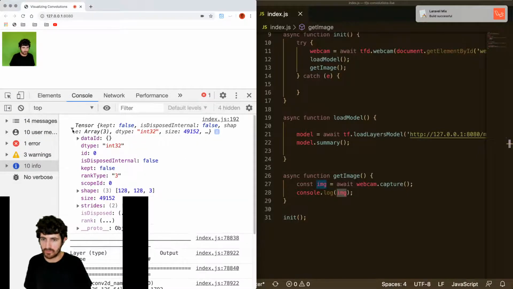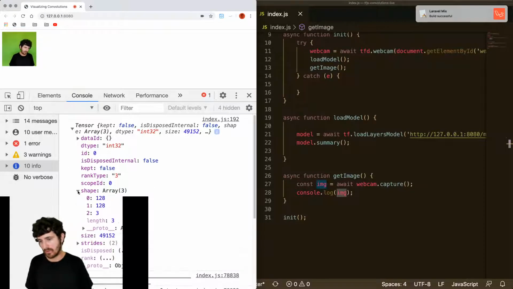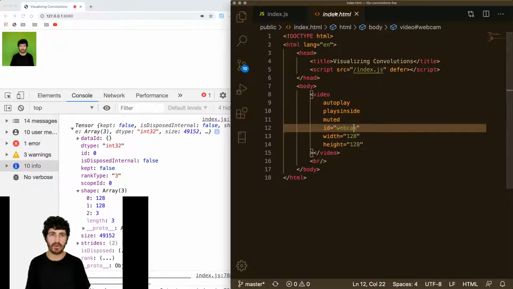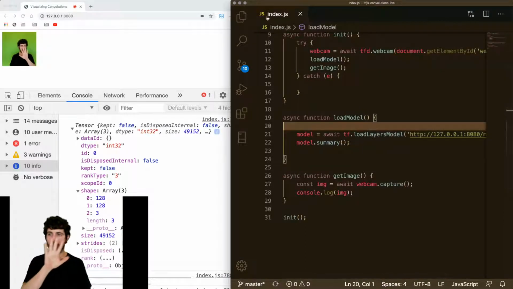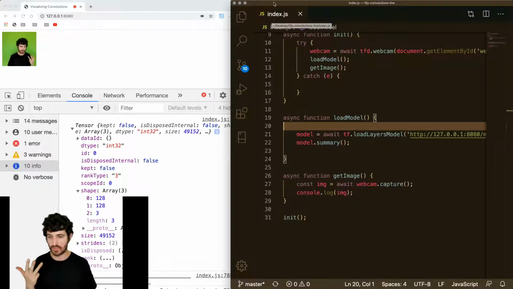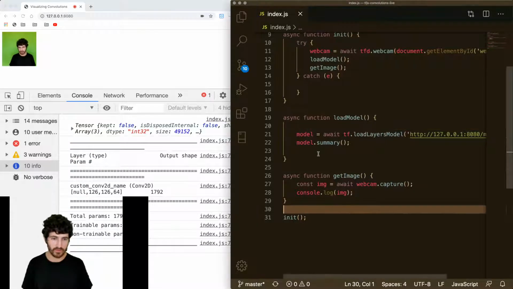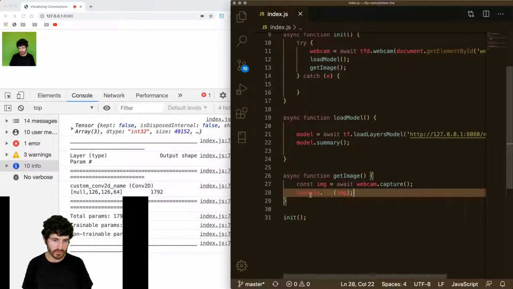Right, so it's a tensor 128 by 128 by 3, and the size here is defined because for the webcam, I made it 128 in the HTML file, and because the image that you're getting from the webcam feed is an RGB image, with 3 channels. So that's handy because we don't really have to do anything there,